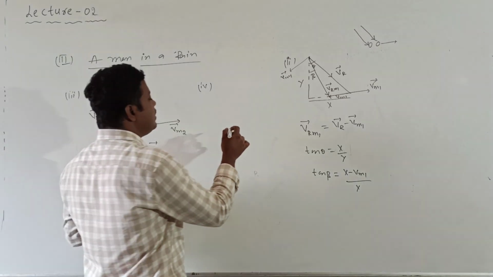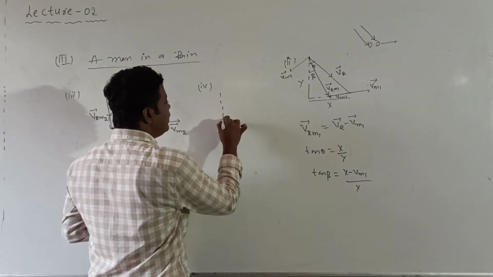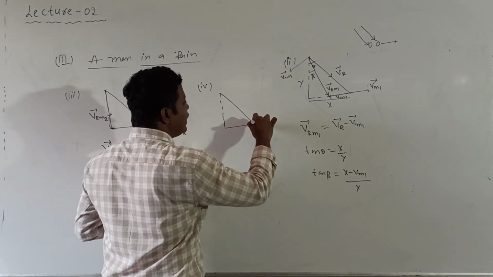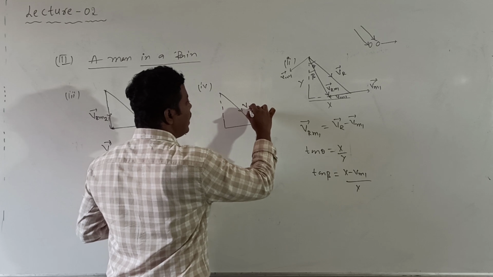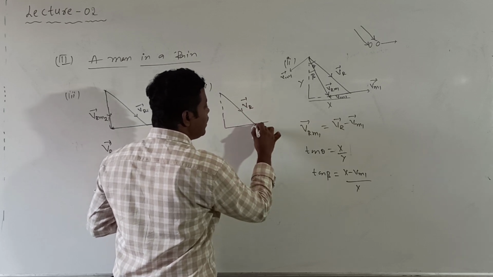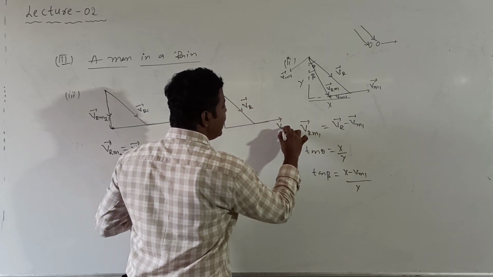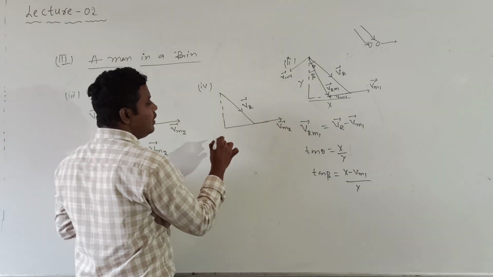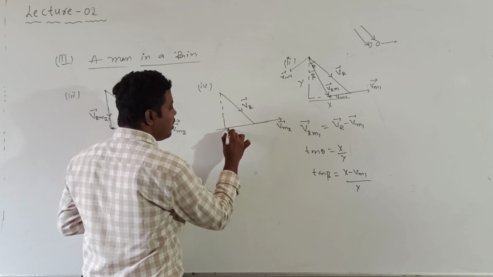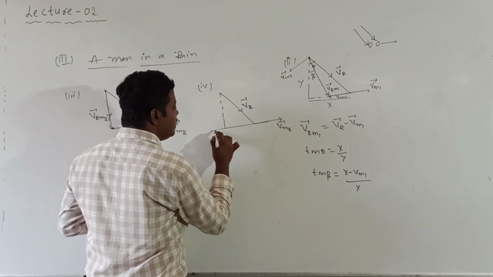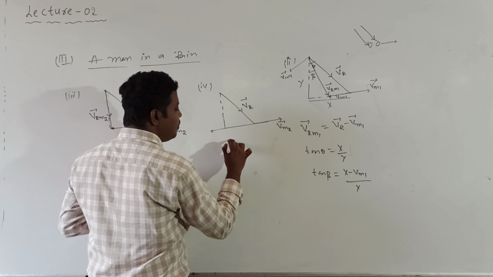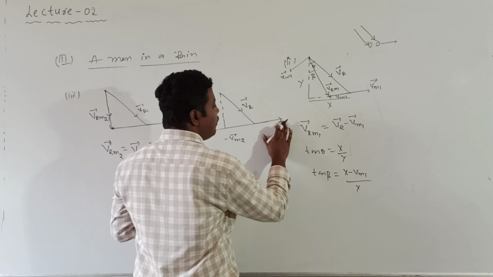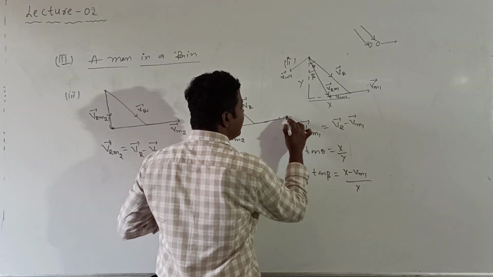In this case also, I am considering this as the vertical direction, and here is the horizontal. Now rain is falling with the velocity given by Vr bar. But the man is moving with a higher speed. So that velocity, let me call it Vm2 bar. So at that time what happened? Here also it will increase. So this is the value of minus Vm2 bar. Understood? Here Vm2 bar is larger.